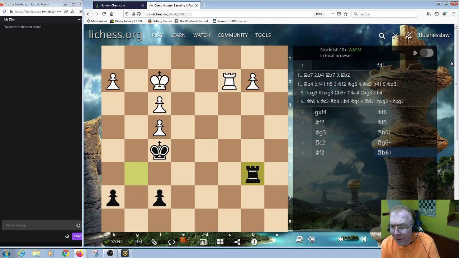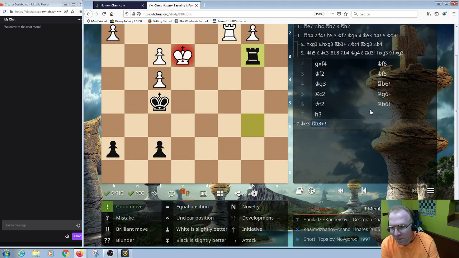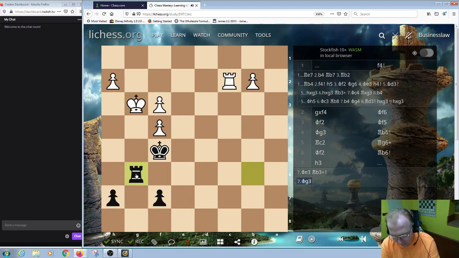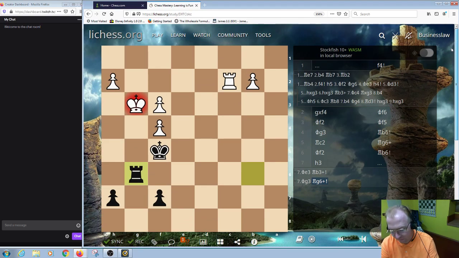If white tried h3 here to shut the king out, that doesn't really help. If king e3, trying to get the king over, then rook b3 check, and exclaim at that point. Or if he tries g3 again, then again exclaim there also. And white can only set a trap. The trap is